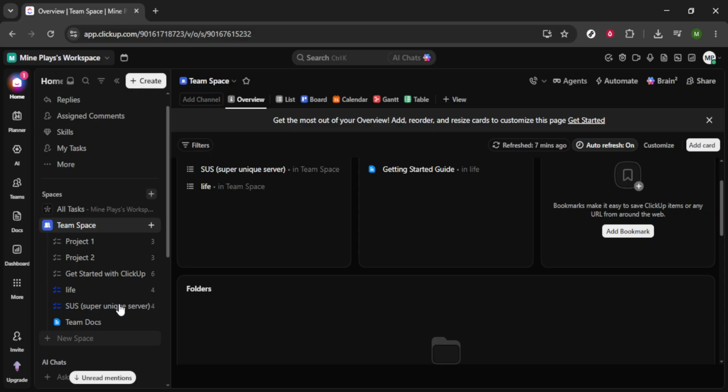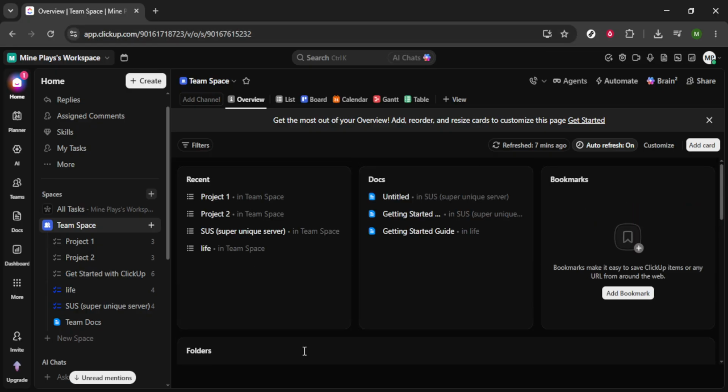As you begin to explore this newfound functionality, take the time to get familiar with how you can customize the CRM to suit your team's specific needs. Consider utilizing other features offered by ClickUp, like task assignment, comment threads for discussions, and reminders for follow-ups to further streamline your processes. So there you have it. You've successfully used ClickUp as a CRM. Enjoy managing your